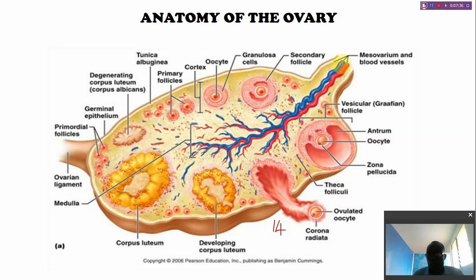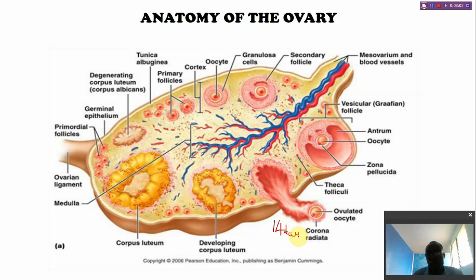So as you can see from the ligament of the ovary running through the middle part of the ovary, which is the stroma, with the blood vessels spreading to the ovary. So this fills the ovary with a lot of blood. So on color Doppler, you see high vascularization of blood. So on the 14th day,